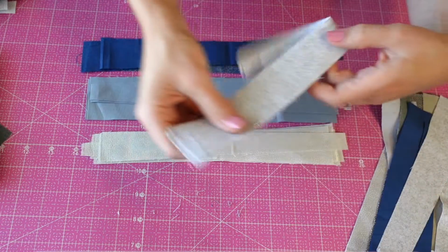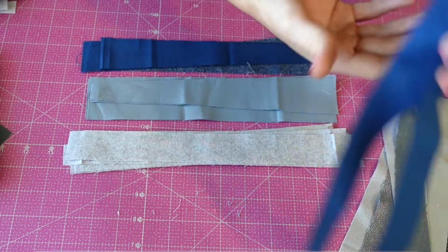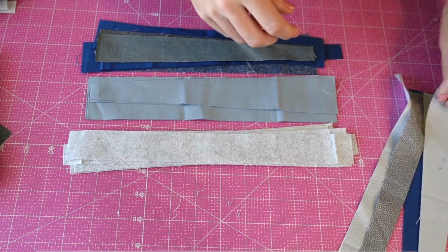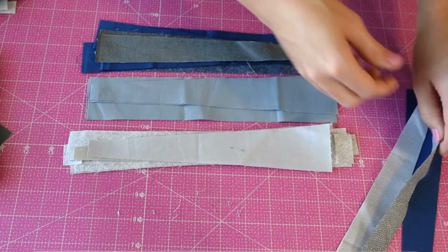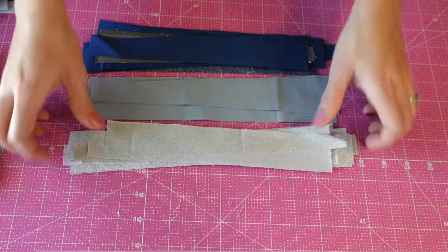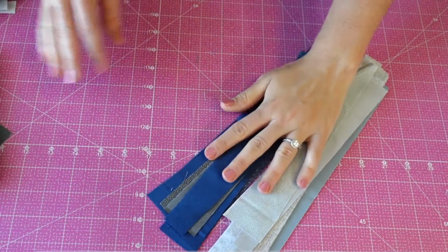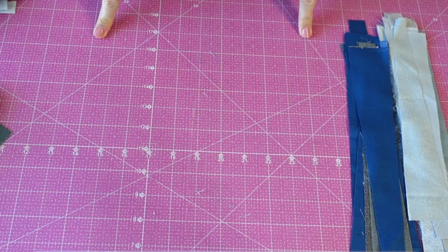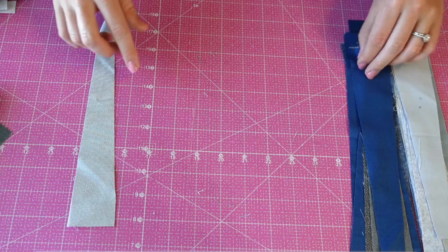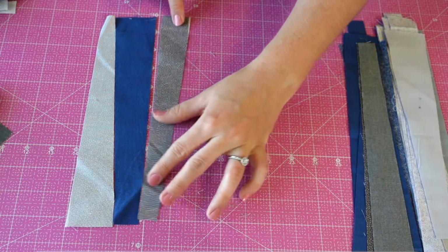So I've got a lot of these nice light gray colors, a lot of the dark blue colors. I've got some darker gray, some lighter gray, and then I'll put these blues in with the grays. So now I have 2 sections, and to make the actual panel for the coasters, I'm going to layer these with 1 light and 1 dark all the way across,